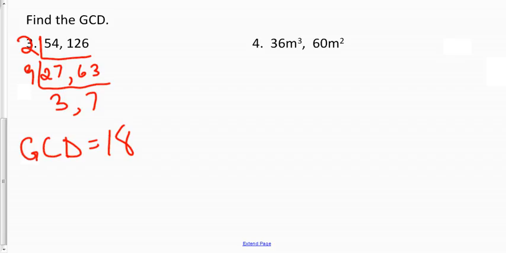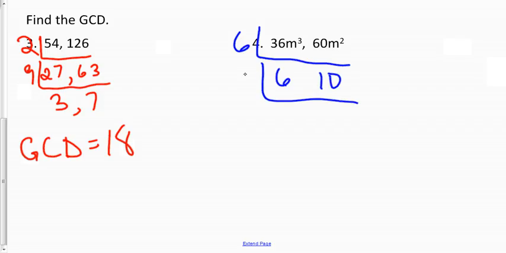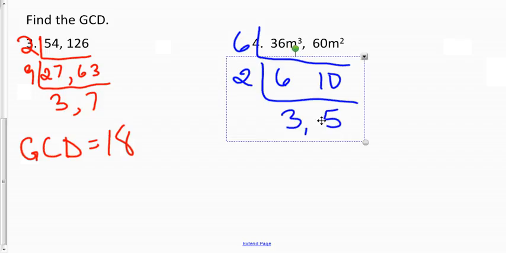And last but not least, we have 36m to the 3rd and 60m squared. I know that 6 will divide into 36 and 60. So 6 goes into 36 6 times, goes into 60 10 times. And I know that 2 goes into both of these, so I get 3 and 5. Nothing goes into 3 and 5 except for 1, so my GCD for the coefficients is going to be 6 times 2,